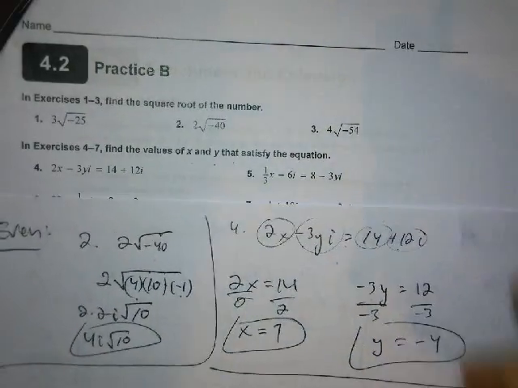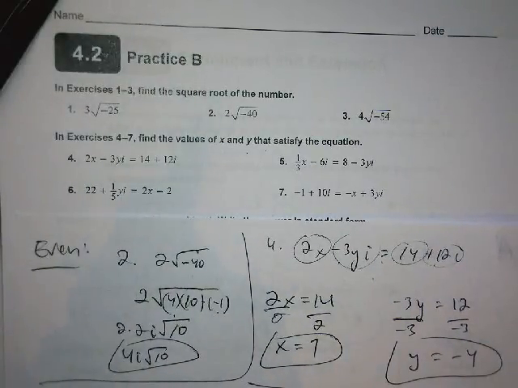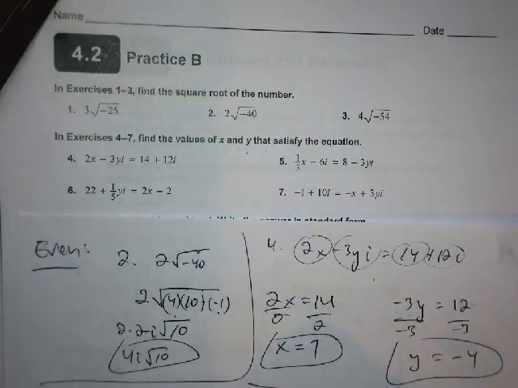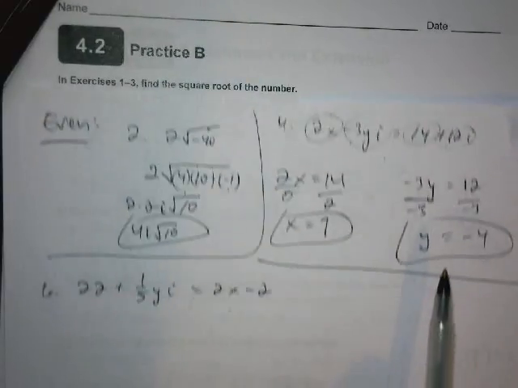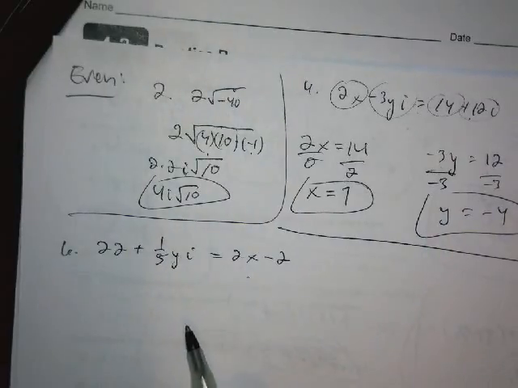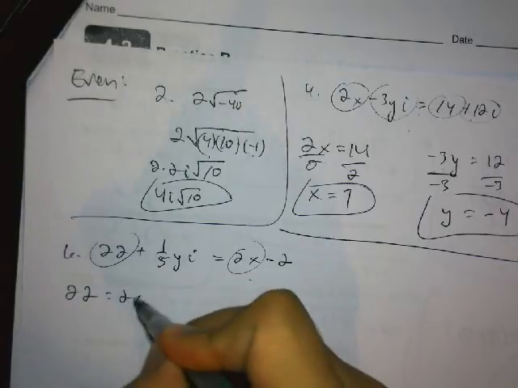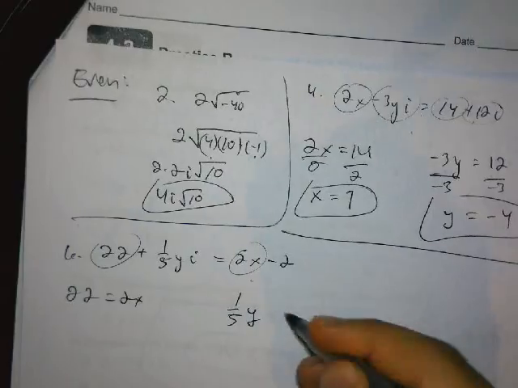Alright, number 6, same thing. Number 6, I have 22 plus 1 over 5 yi is equal to 2x minus 2. So again, all we're doing is just setting the real part equal to the real part and the imaginary part equal to the imaginary part. So here I have 22 is equal to 2x for the real part, and the imaginary part I have 1/5 y is equal to,